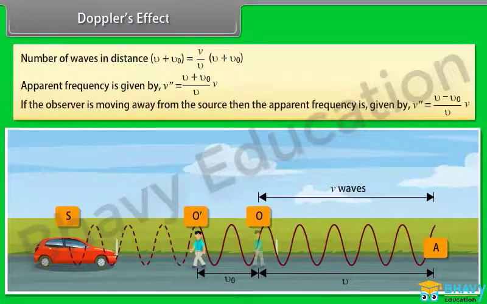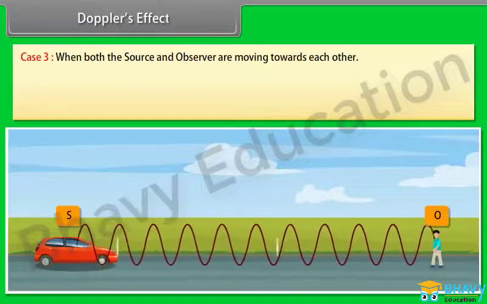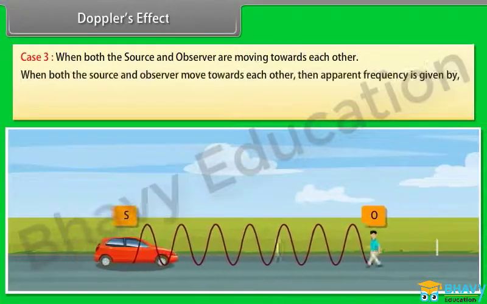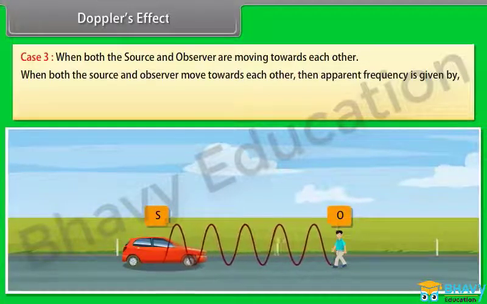If the observer is moving away from the source, then the apparent frequency is given by nu double dash is equal to v minus v0 upon v multiplied by nu. Case 3. When both the source and the observer are moving towards each other. When both the source and the observer move towards each other, then the apparent frequency is given by